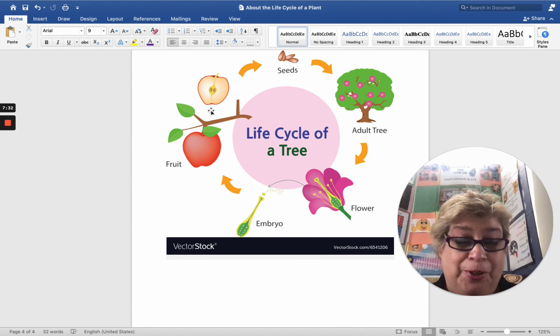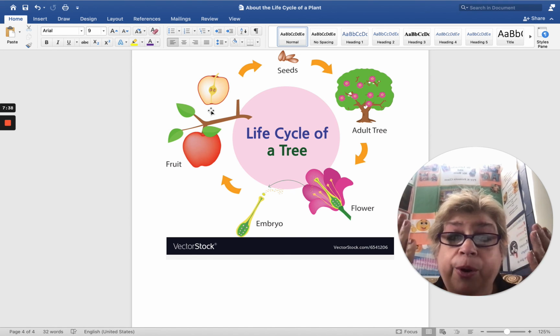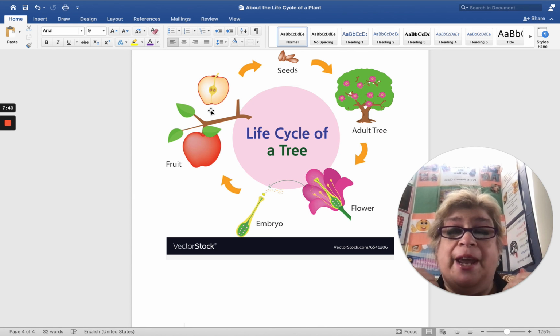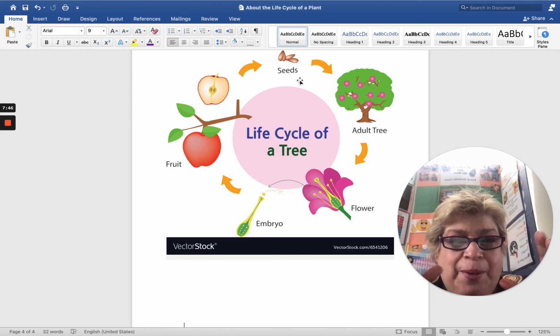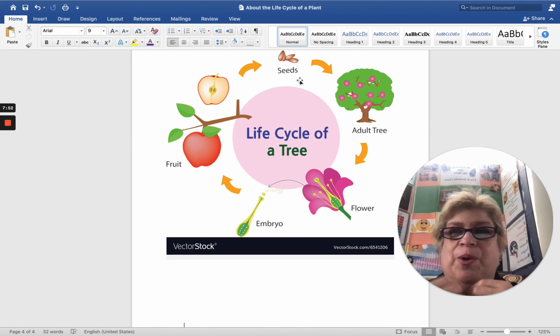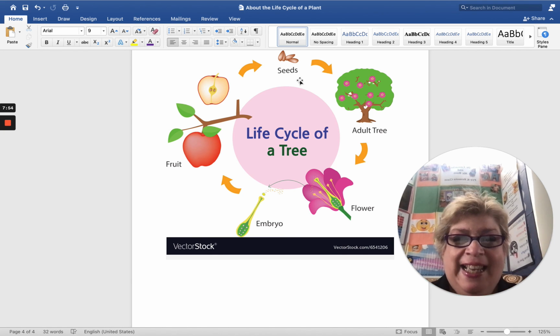This particular fruit is a what? Do you know what that is? That's right, an apple. So a tree can bear flowers or it can bear fruit just from these seeds. Isn't that amazing that we can plant seeds and watch them all come to life into a flower, a plant, a tree?